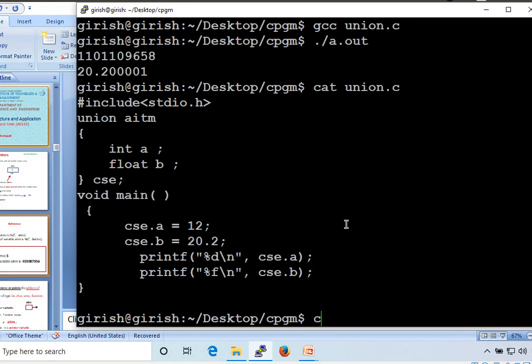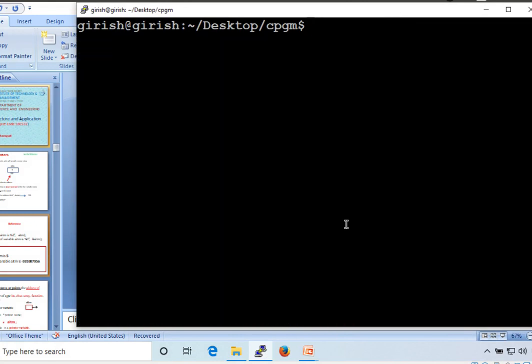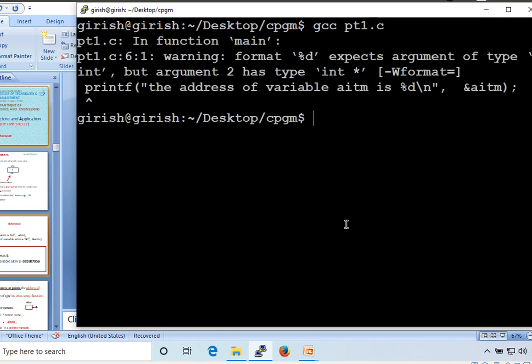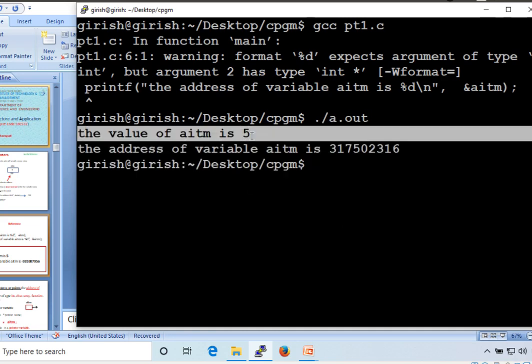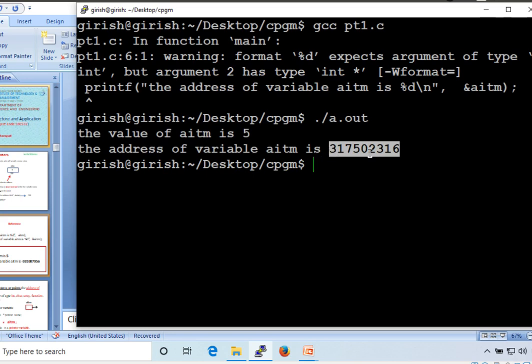Okay, here we'll execute vcc pt1.c. Now check the output. See here, the value of aitm is 5, then the address of the variable aitm is displayed as a random number. This is the address and this one is the value.